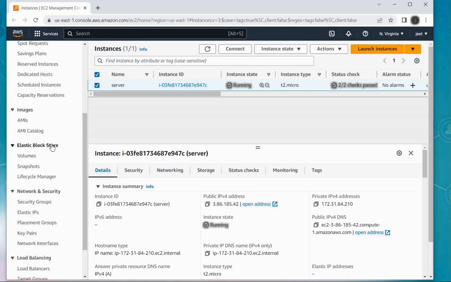option, Elastic Block Storage. So by default you are able to use only 30 GB space in your free tier account, but if you want to add more than 30 GB, then you can use this option, okay. So now I'm going to show you. First of all, the first option is volume. So just click on this one,